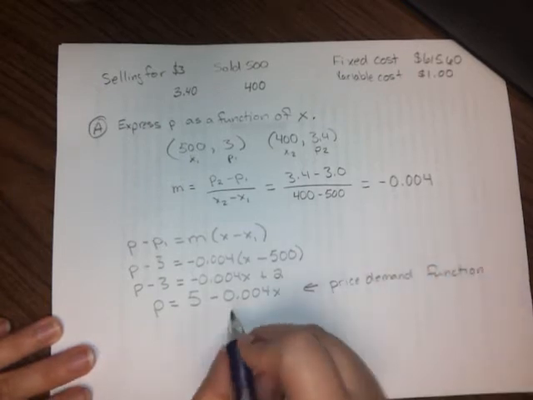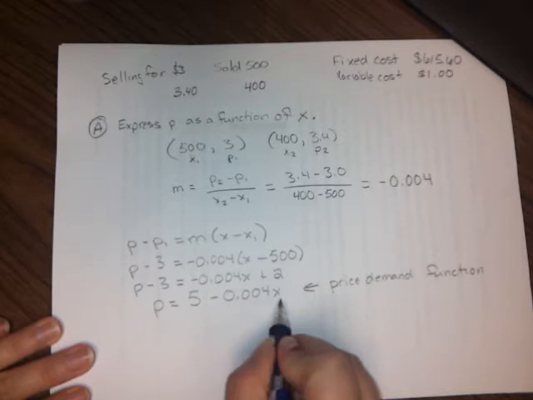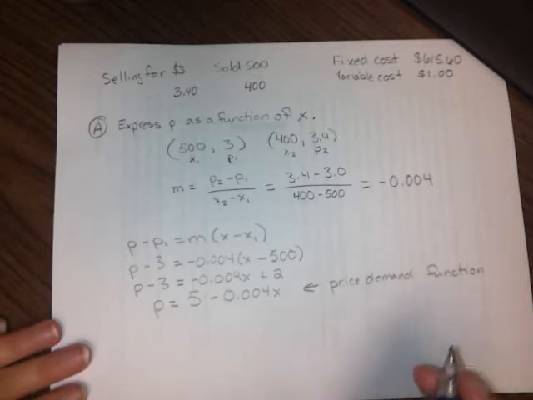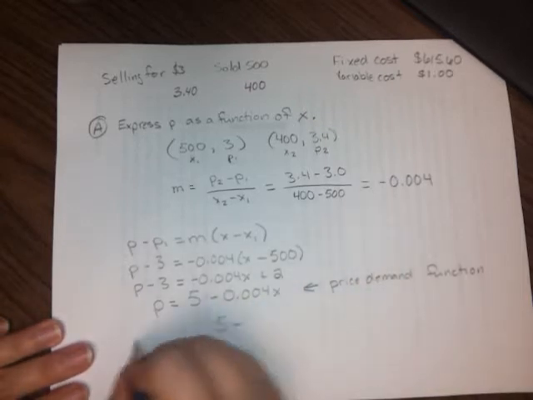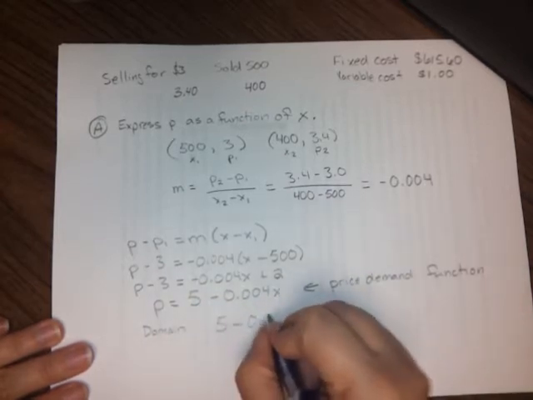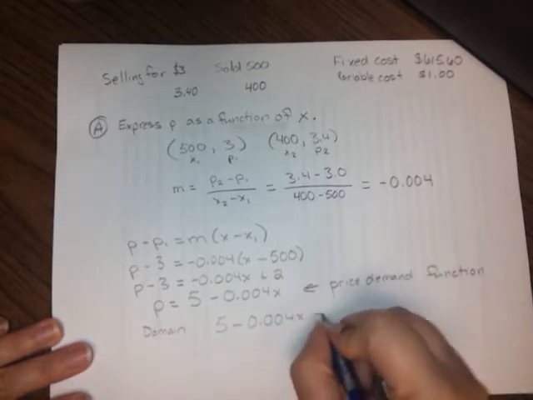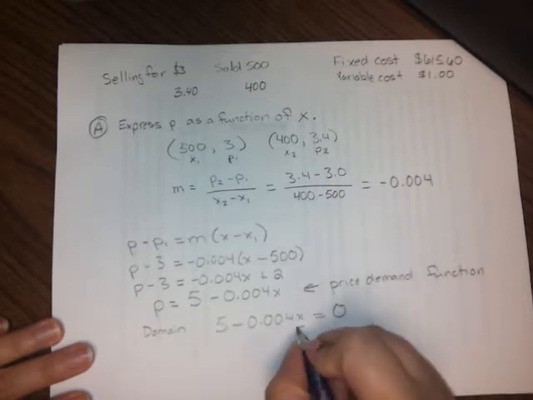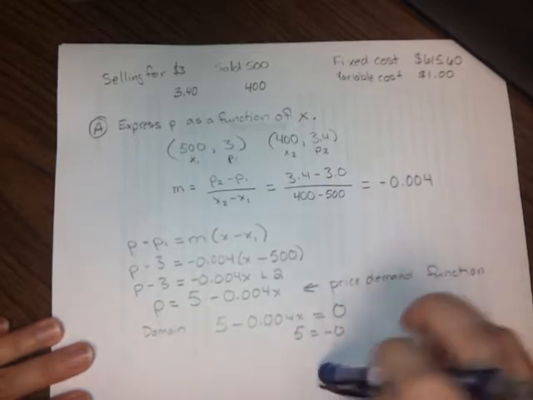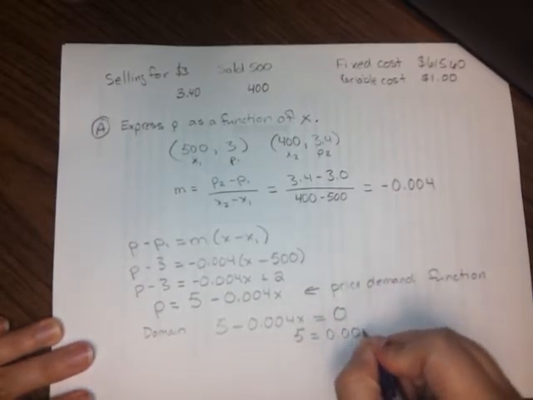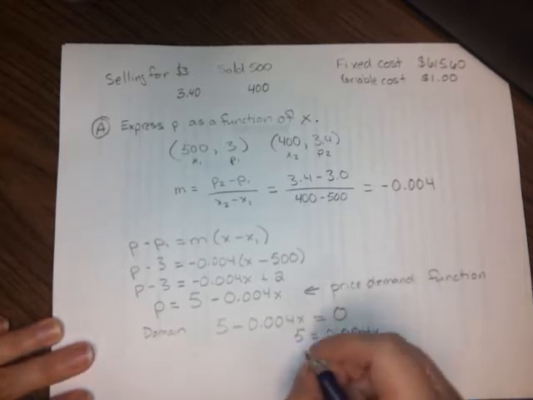All right, and the domain of this is anytime, what we do is we set this side of it equal to 0, and anything between 0 and that number is going to be the domain. So we do 5 minus 0.004x equals 0. I'll write domain here so that we know what we're looking at. That means 5 equals 0.004x, because I brought it over. I'm going to divide both sides, and that's going to give me x equals